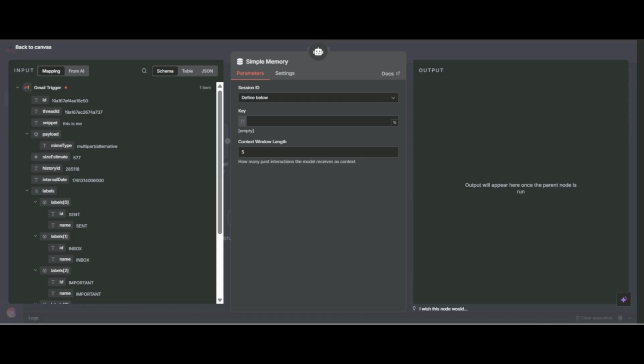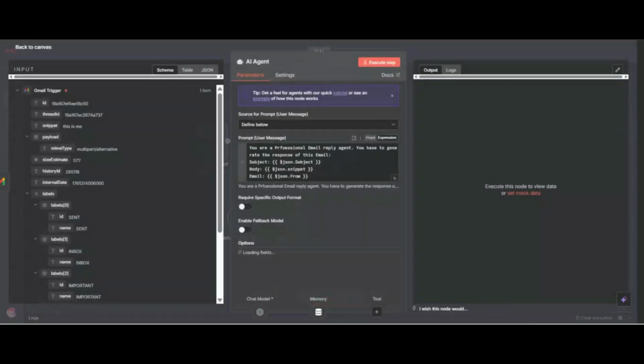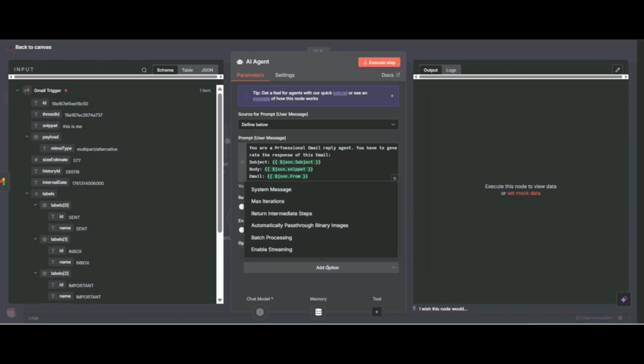So when we have to retrieve a specific user, we will use the ID. So here we will drag the ID, you can see here. Now we have added our ID. So we have connected our email trigger, AI agent node and model. Now we have to add our system prompt.